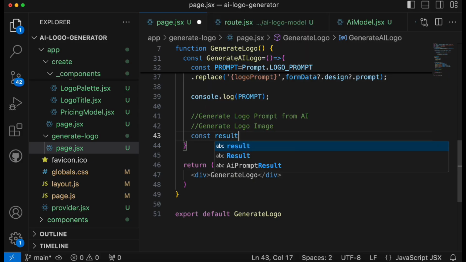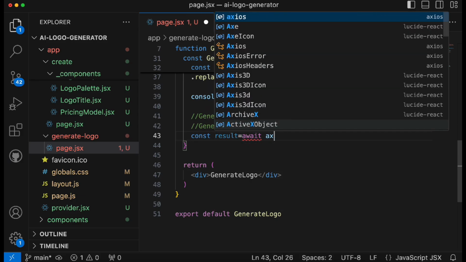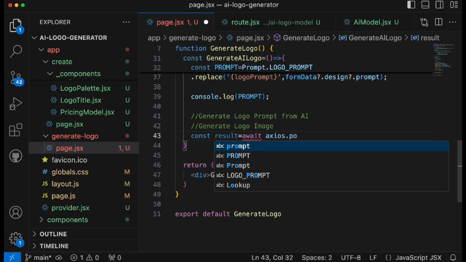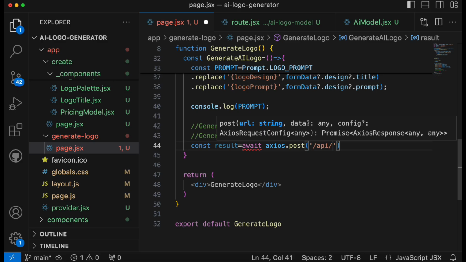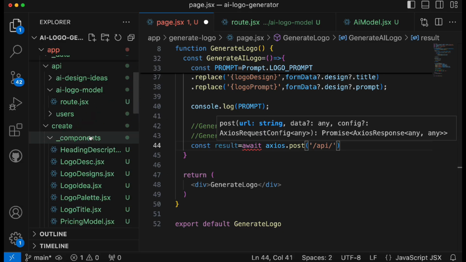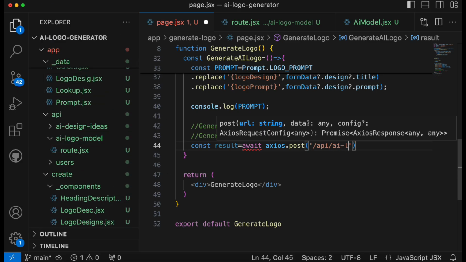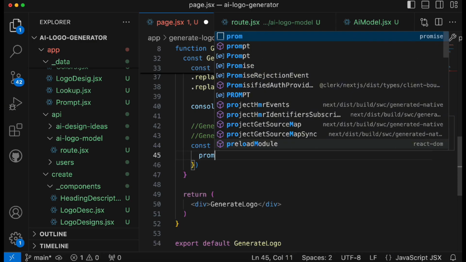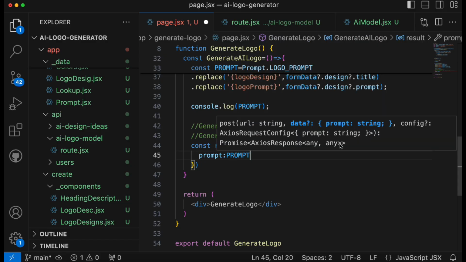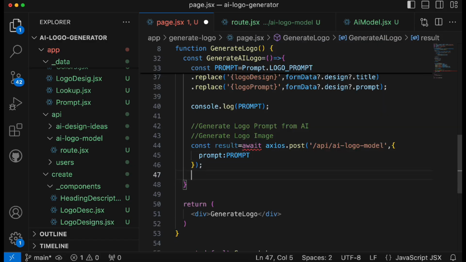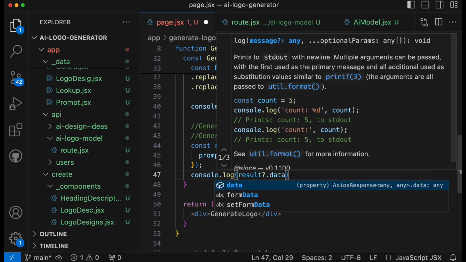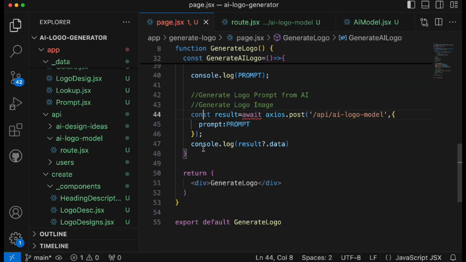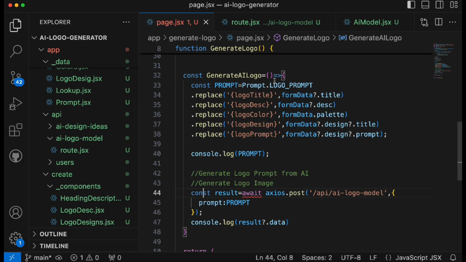Now over here we'll simply write const result is equal to await, make an API call using the axios.post method. So make sure to import axios, then post. Here we'll say /api/ and the API name, which is AI logo model, and then inside the body we'll pass the prompt as prompt. Okay, and then once we get the result, we'll say console.log result.data and save it. Let's make this async,